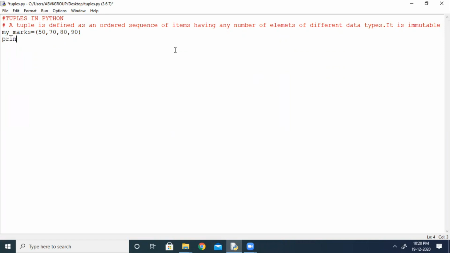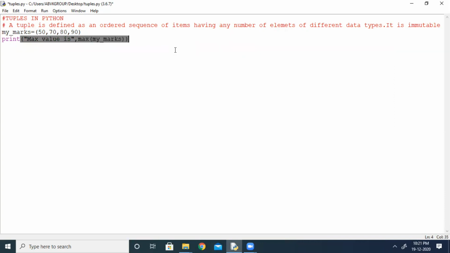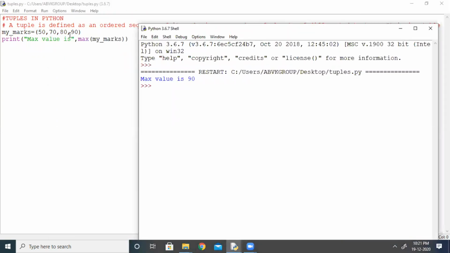Print max value is max, name of the tuple. Okay, you got the max mark. So it is finding the maximum value from these values.